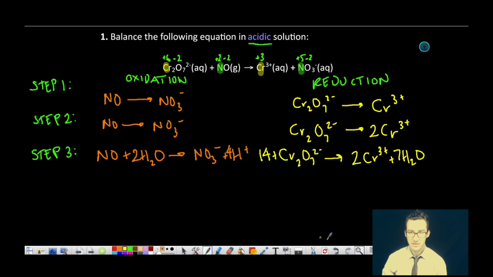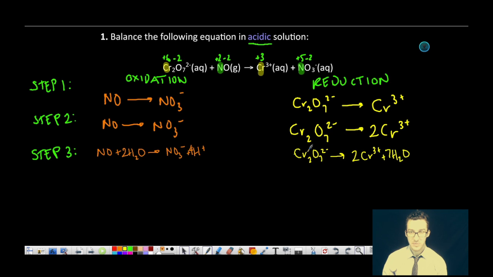We're going to add, to balance out the 14 hydrogen on the right-hand side, 14 hydrogen ions to the left-hand side. That will balance the hydrogen and the oxygen in our reduction half reaction. Step 4,